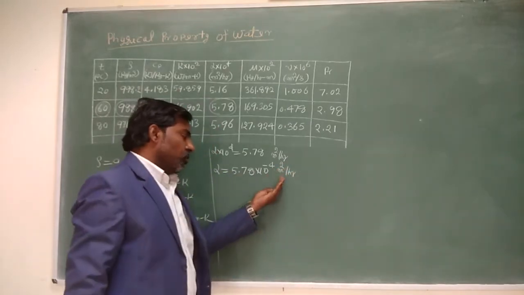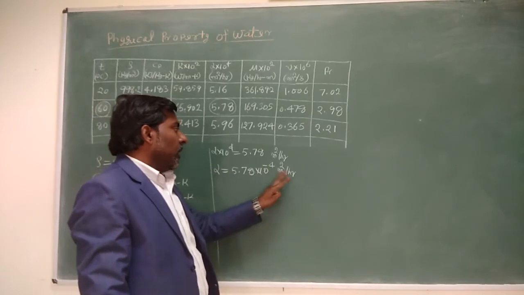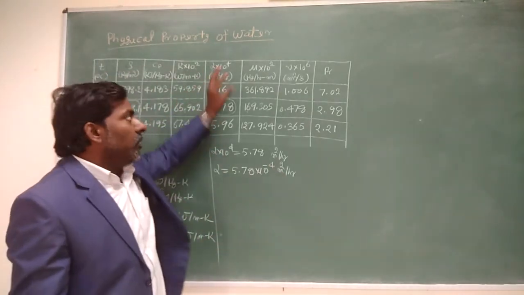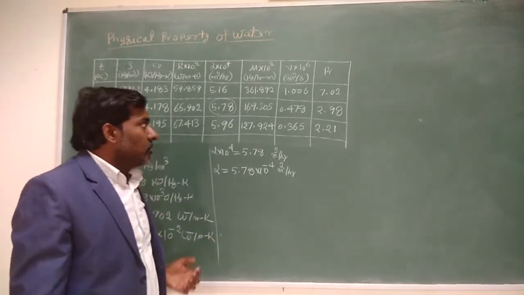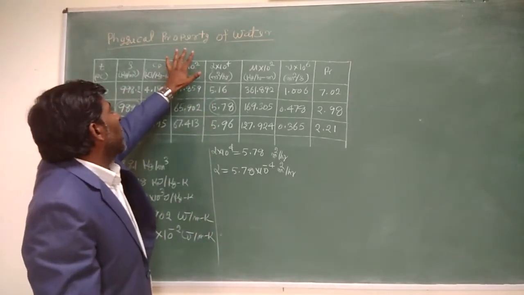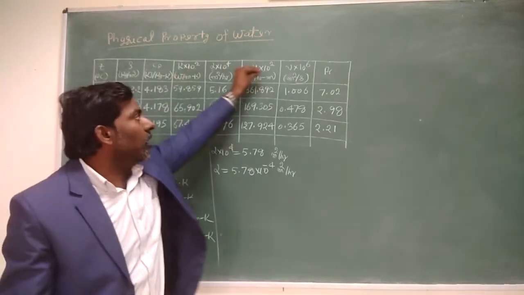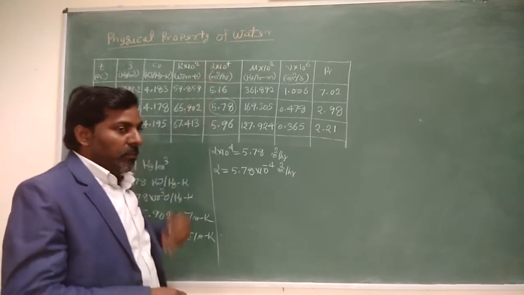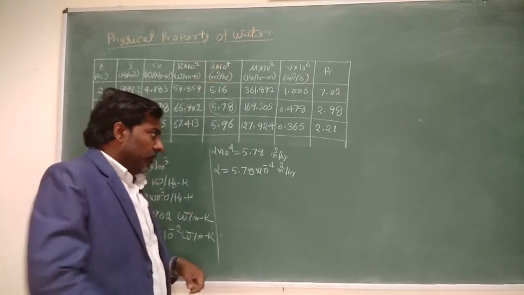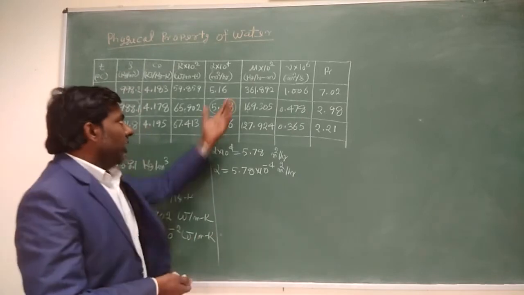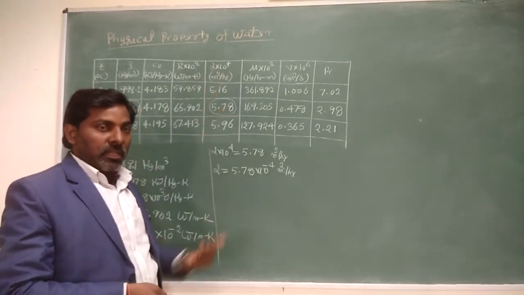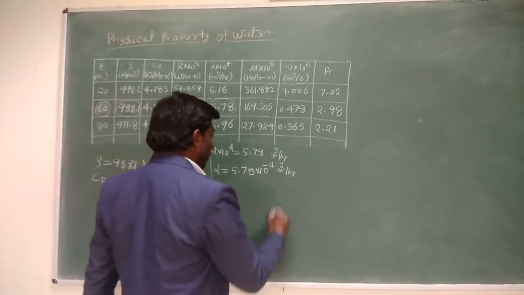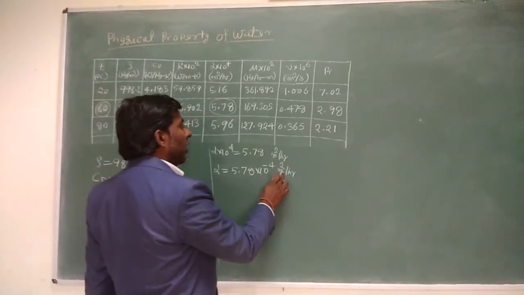So generally that should be meter square per second, but they have given in hour. In different books, they have given different units, can be the same or some other. So in those physical property tables, you see these things very carefully: what is the unit and what is the multiplication factor, each and everything. That can be different for different books. So it is not that yours will be exactly the same, it can be different, so whatever it is, accordingly you have to take it. So alpha is equal to this one, but generally this is required in meter square per second.